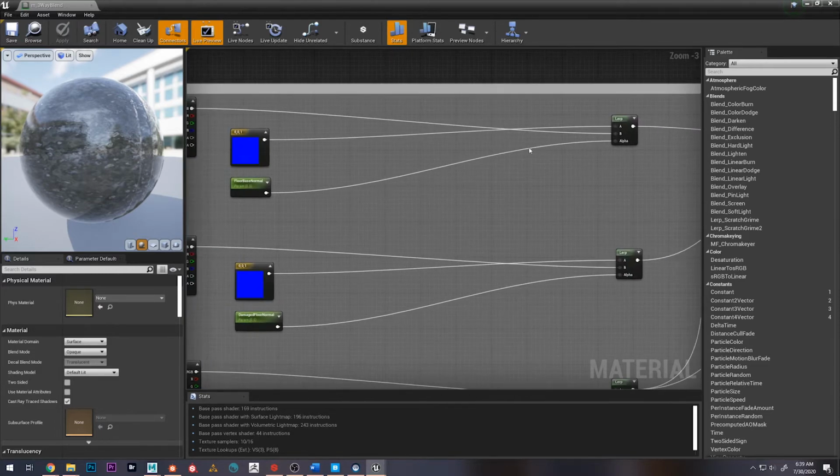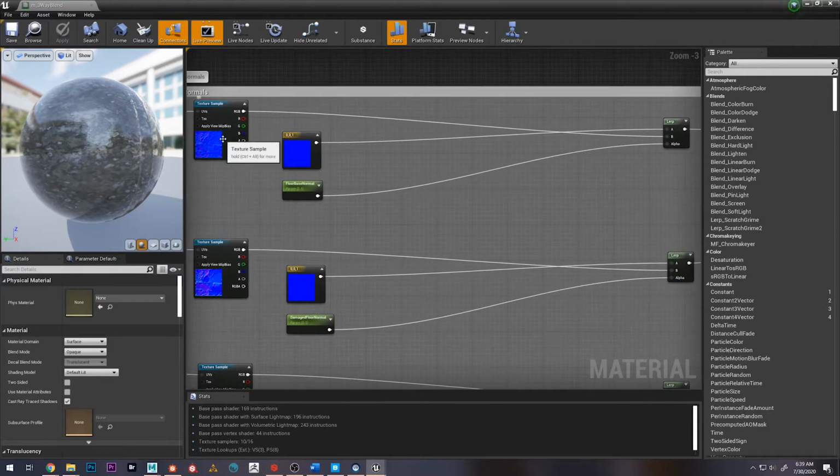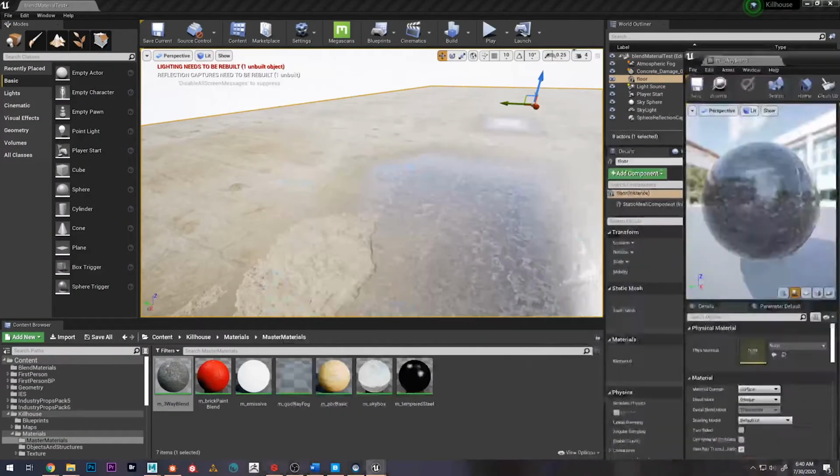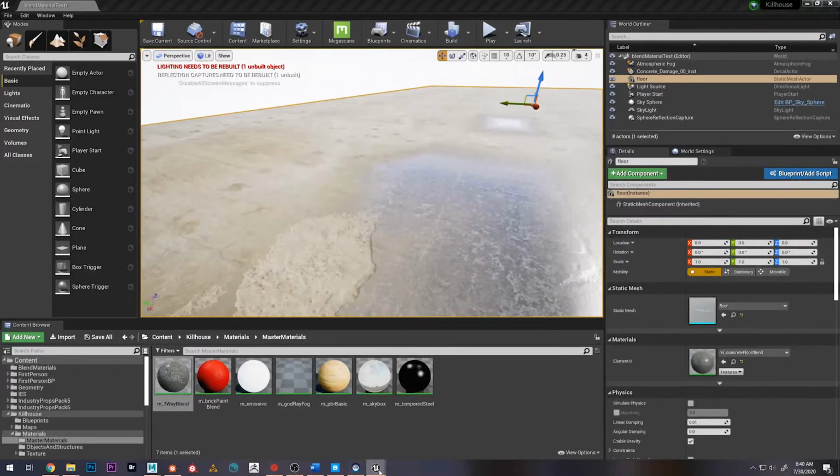And I have that lerping with the actual normal map, and we have a parameter going into the alpha. So that way we can change the intensity of each normal map individually. So let's go ahead and do that. So I'm gonna bring that over there. Let's go back to the other